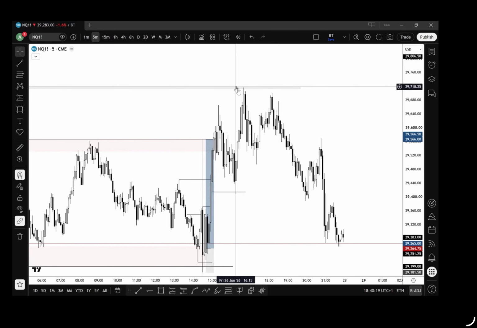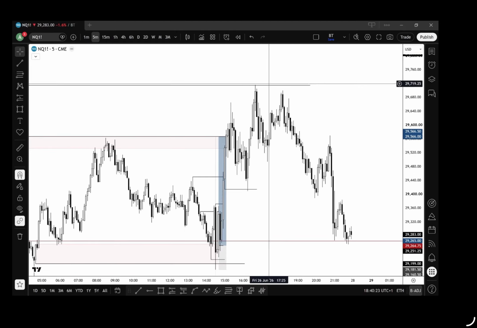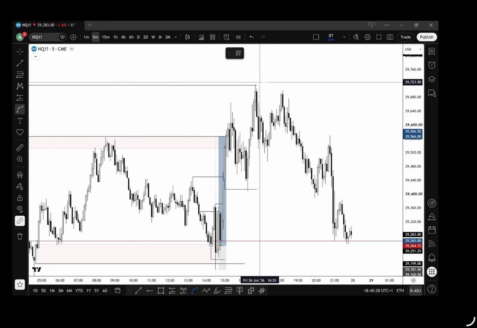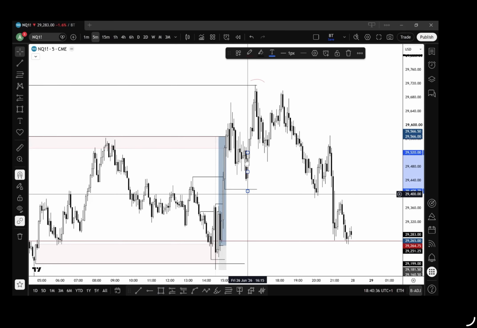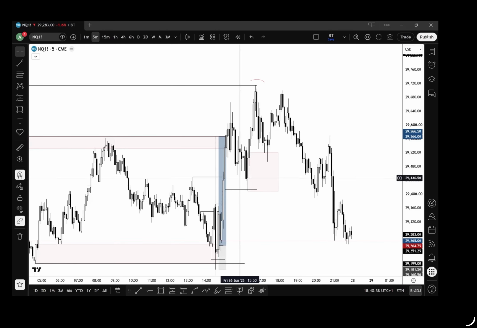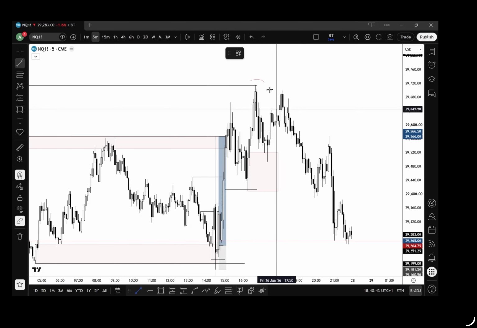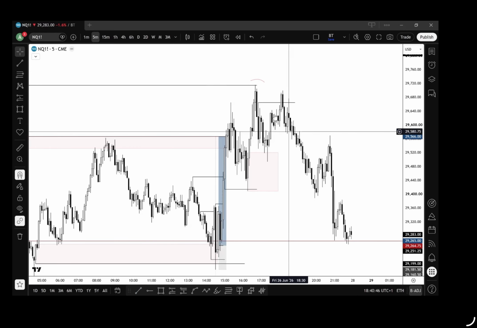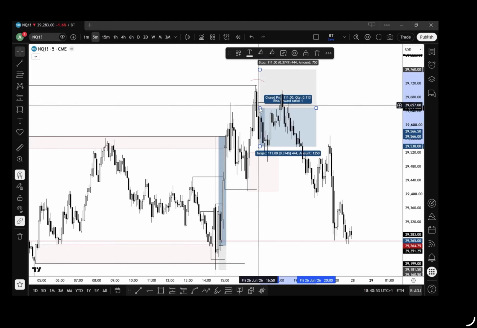Okay, now you can see how we have a liquidity block form. So there's a liquidity block. We come in, look at these buyers that are coming in to the market, respecting this LB. Okay, false reaction up, take out those early sellers. Okay, look at this reaction down beforehand as well. Okay, and then you could have taken that